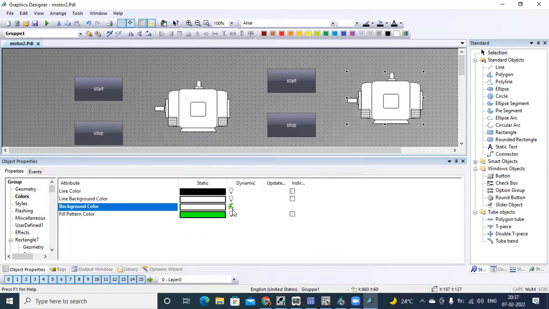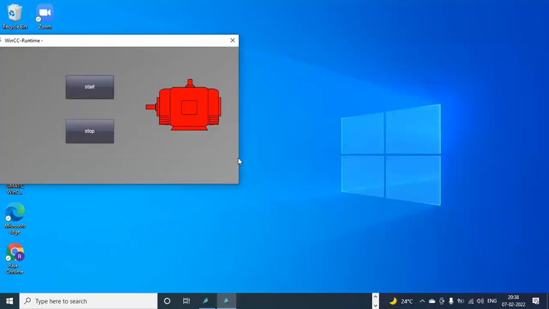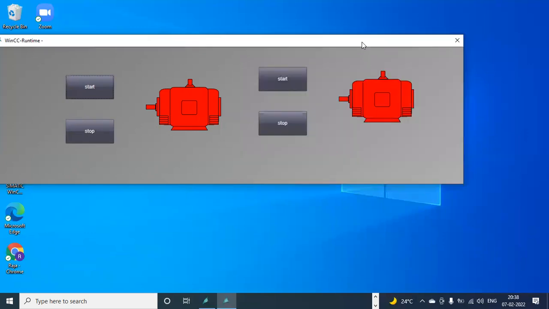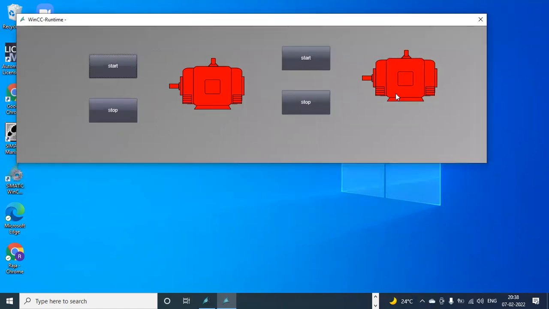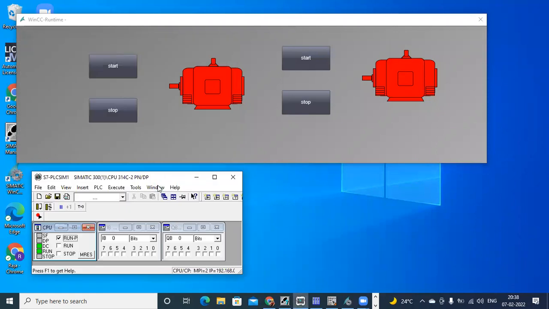So whenever you give any C scripting, we have a C symbol here. Then I save this and I check it on the runtime. There is no program for this motor in the PLC. So I will open the simulator of that PLC, which is used for running your logic, to check your logic status.